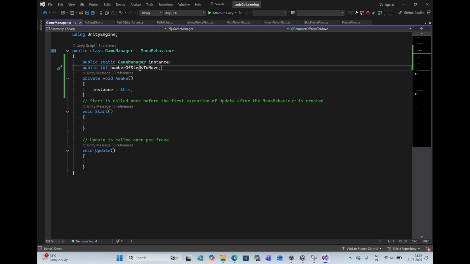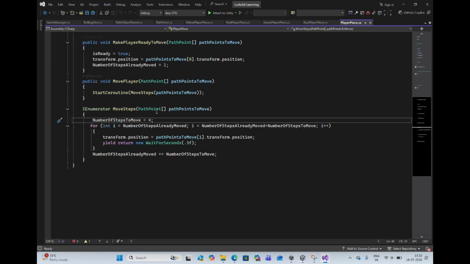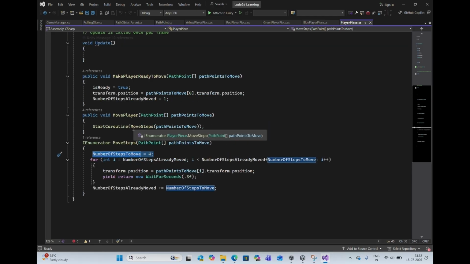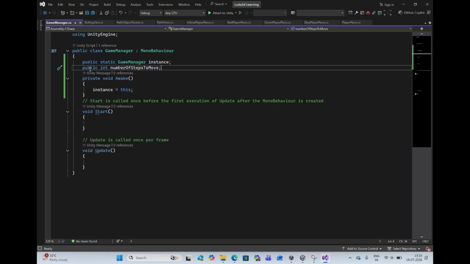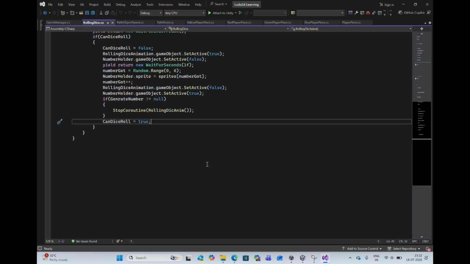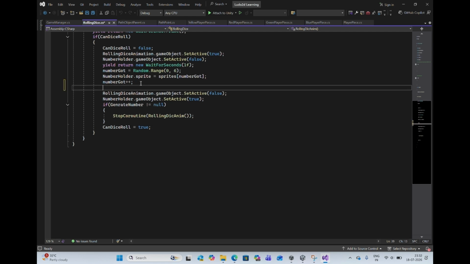First the steps are according to 4, because we have printed here number of steps to move equals 4. Now we will try to do it with our rolling dice, so that the number which comes on the rolling dice decides the particular steps it will move. To do that, we had created a script game manager, and in it we had number of steps to move, and we will go to the rolling dice, and in here what we will do,